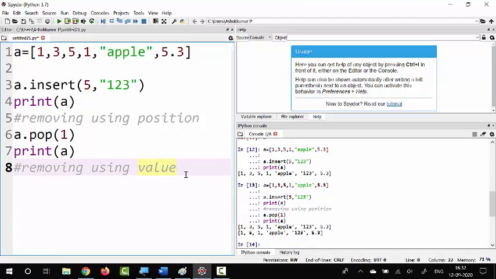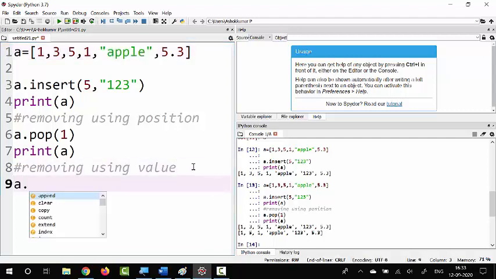And the second way of removing element is removing with value. Okay, so now you need not give the position of the element, but you are giving the value of the element. So for example, I want to remove this apple. This time I am not going to give the index position, I am going to give the value. So what I am going to do is a dot, there is a function called remove.